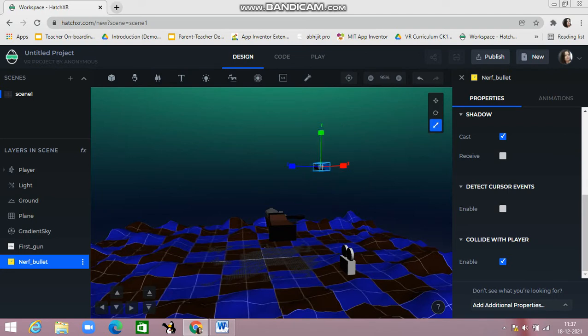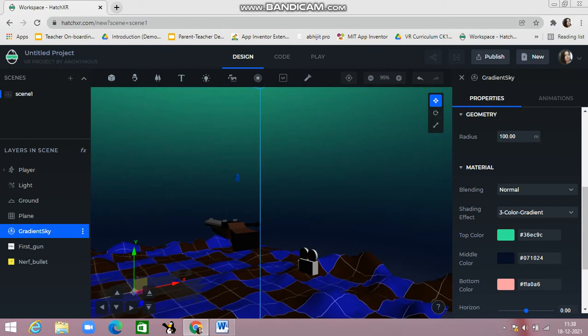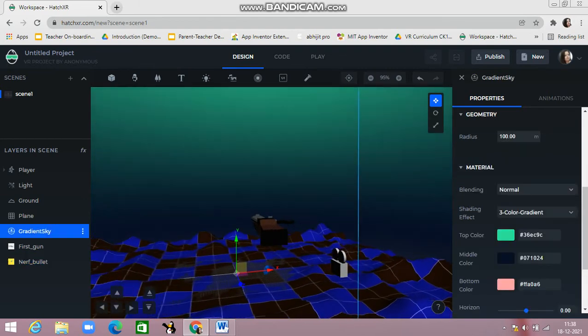Okay, so it is rotated. Now making it small size. So this is my bullet. I'm placing it down. And this is my gun.